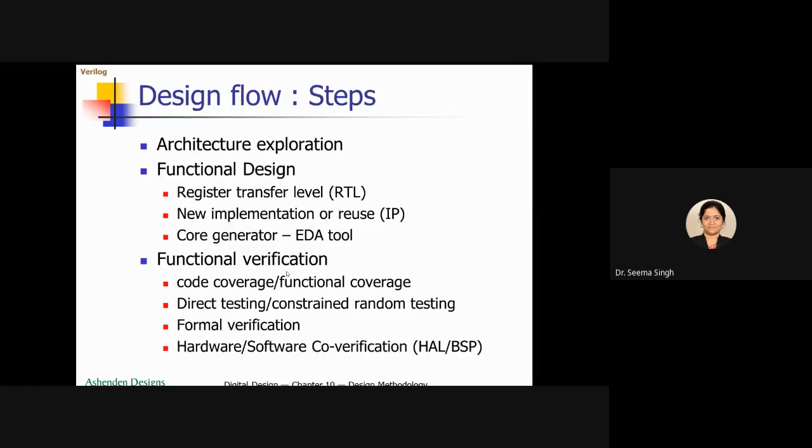physical partitioning, and how each one has to be taken care of in this application of road transport monitoring system. Then we had seen the design flow steps, because we are seeing each step in more detail. We could cover only the functional design and the functional verification in the last class. Now we have to go for the next part, because if people have done this using Xilinx, you all know that functional verification is only up to the testing part, when you make a test bench. And if it is a higher level complex digital system, the hardware software code verification is one of the most important parts, which comes after the basic testing.